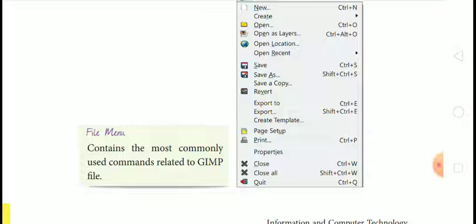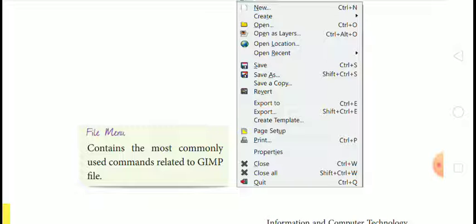Here a file name box will be there and you can type the name of your file and also select the file type and click on the OK button. Then your file will be saved.